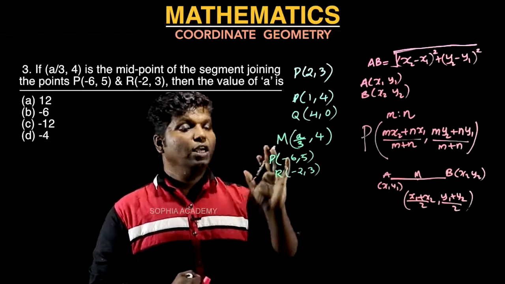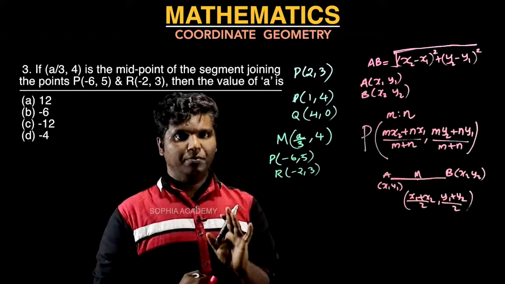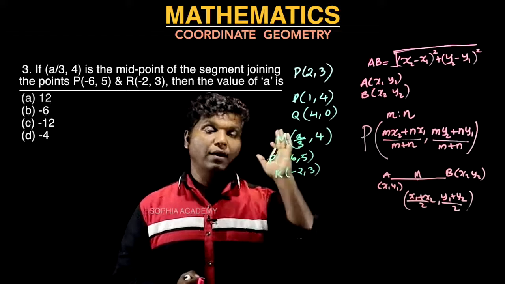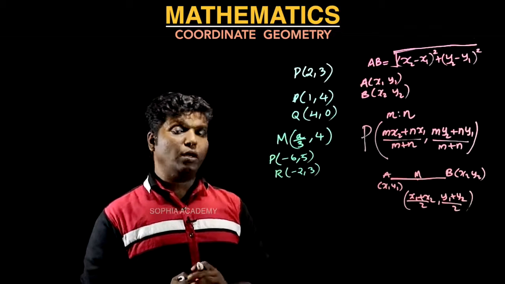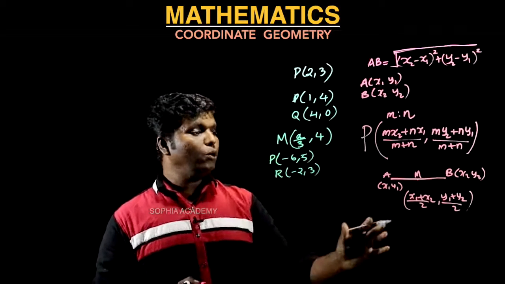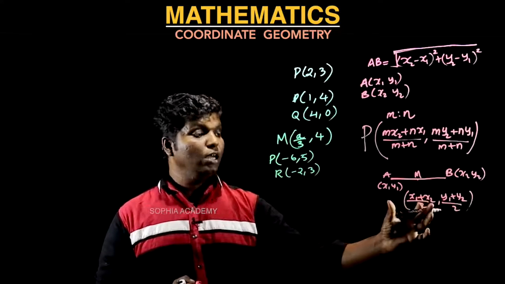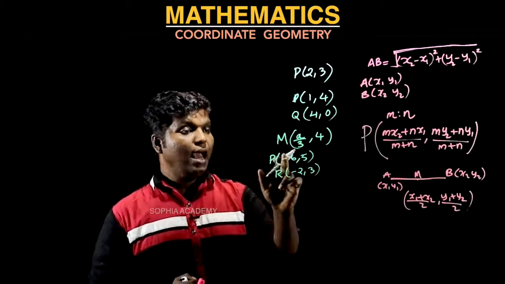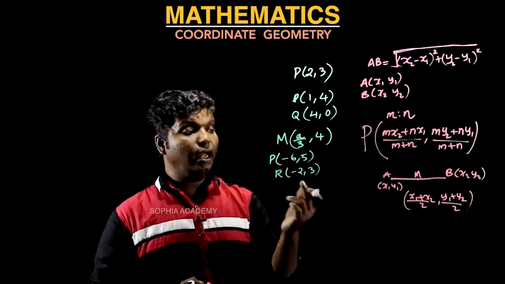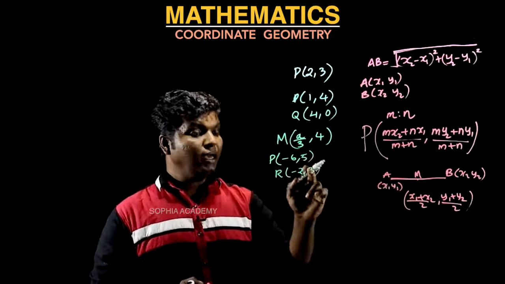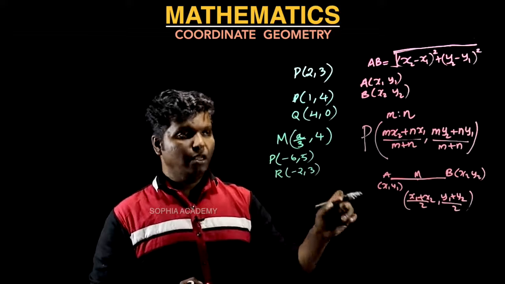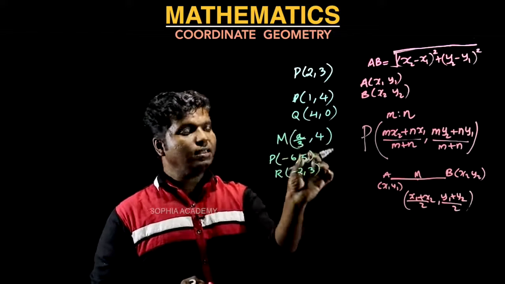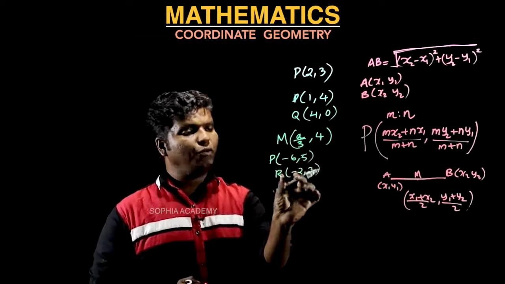What you have to find? You have to find the value of a. That's given in the question, right? Now tell me, from this, how can you find the value of a? I told you here, if you want to find the midpoint, you will be using this theorem. What was that theorem? If you want to find the midpoint, add the x coordinates together and take the half. Then add the y coordinates together, take the half. So here, where is a? a is in the x coordinate part. So there is nothing to deal with the y coordinate, just focus on this one.